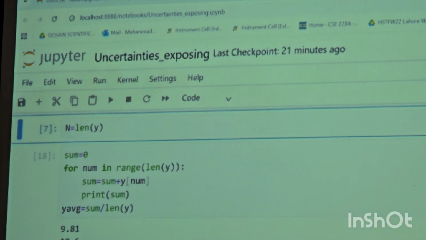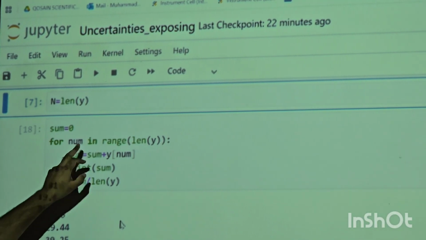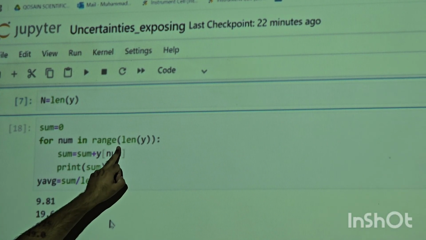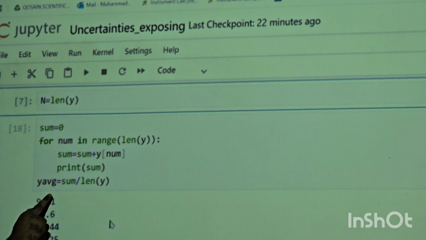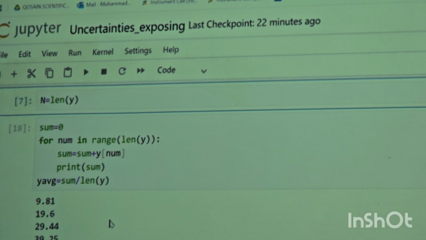I initialize a variable for sum, and then I take some dummy variable, call it number, and put it in the range of the length of y, and I keep on adding the previous value of sum to each element of the array, and then I take the final sum that is created after I've gone through the array and divide by the length of the array to get the average. So this is another way of computing the average,